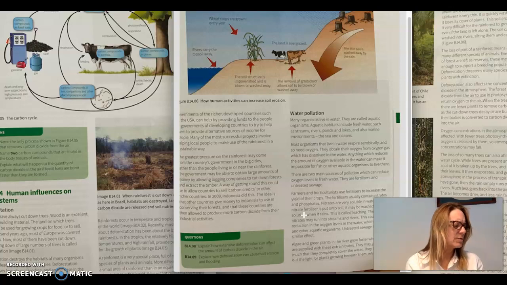And then the next one is how deforestation can cause soil erosion. You guys have a really good background knowledge, so you should be able to answer those quite well. I'm going to stop here and then do another video on water pollution, and that way you don't get too big of a chunk all at once. Hope these are helping to keep your notes more organized.